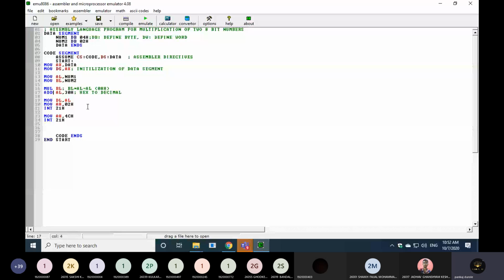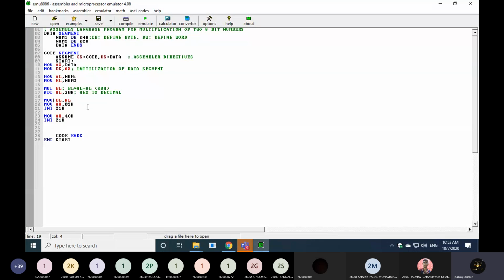This instruction works on AL, and the hexadecimal value gets converted into a decimal value. Then we need to move the contents of the AL register to the DL register, because this is also known as the destination register, whose contents are actually taken on the output screen.